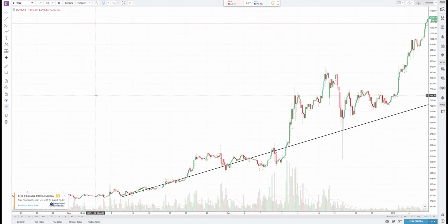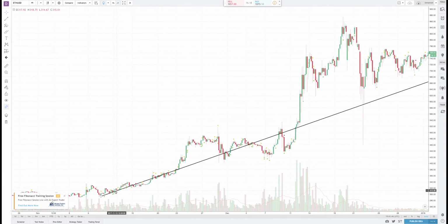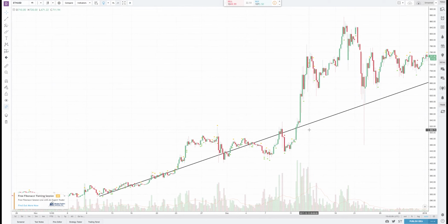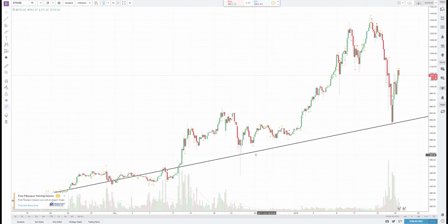But support is basically areas where the market agrees on a price. So as you can see, these candles keep on touching this line. They keep on following a consistent spot where they're feeling comfortable. So once you can find support lines, you can kind of anticipate what the cryptocurrency is going to do in the future. And if it breaks below support,